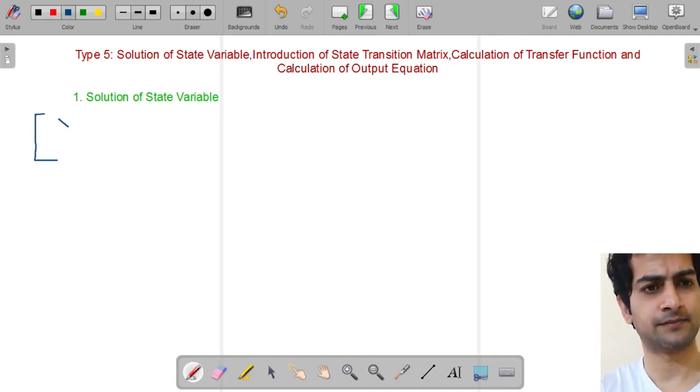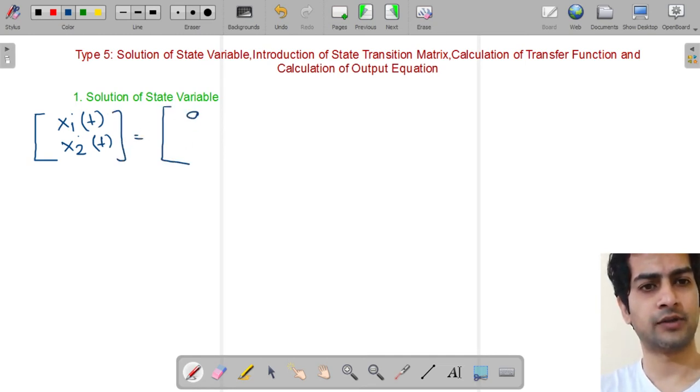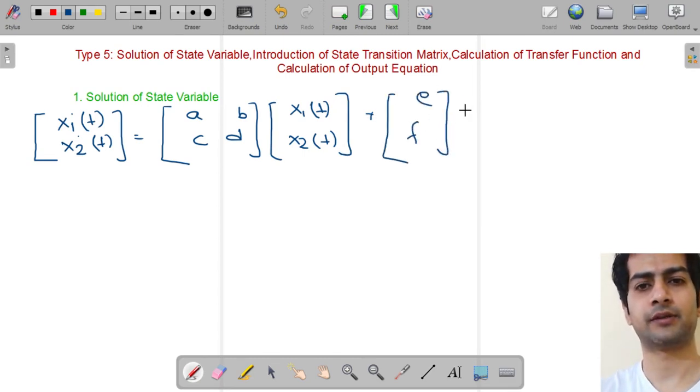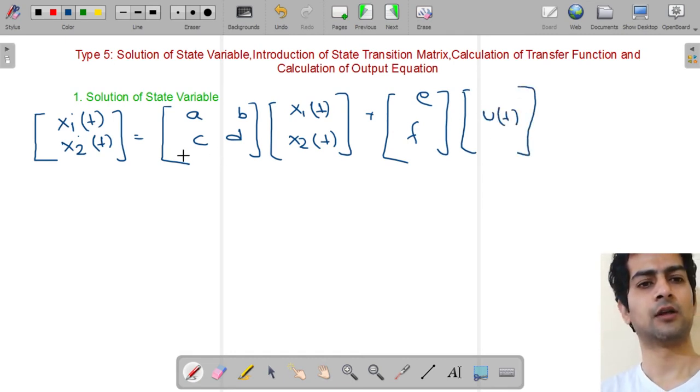Suppose we are having this x1(t), x2(t). Let's consider we have a matrix A, B, C, D, x1(t), x2(t). Let we have a B matrix and then u(t). So now see, the solution of state variable, we are going to